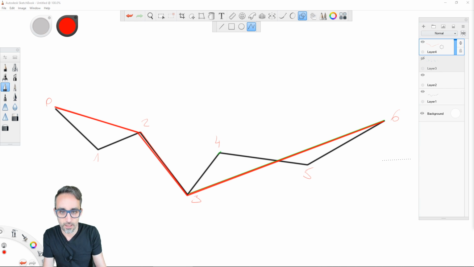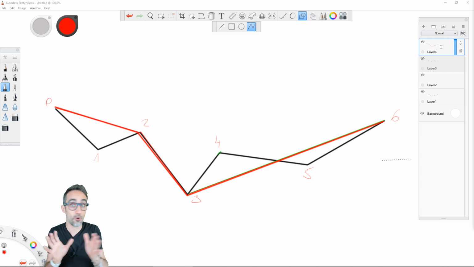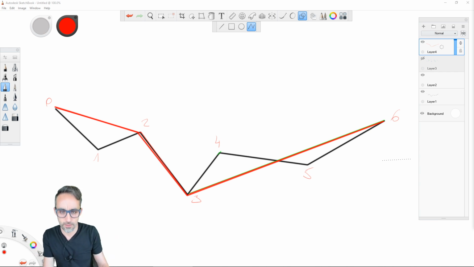Otherwise, if it's not, then just remove all points between the endpoints and return.